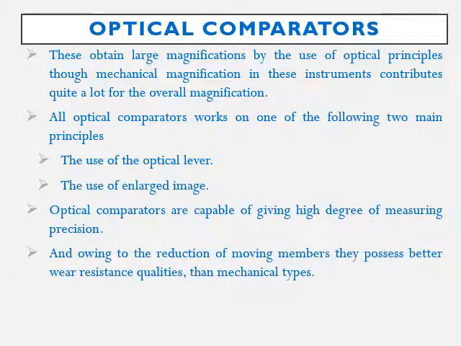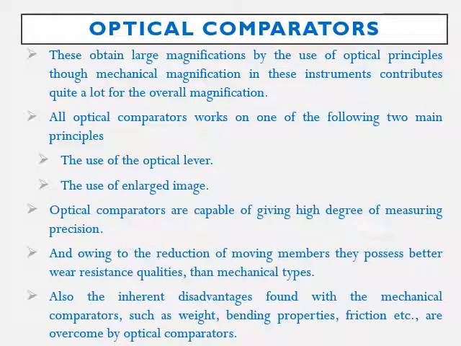So that is the major advantage which enables optical comparators to give high measuring capabilities with a higher degree of accuracy and precision. Also, the inherent disadvantages found with mechanical comparators, such as weight, bending properties and friction, are overcome by the